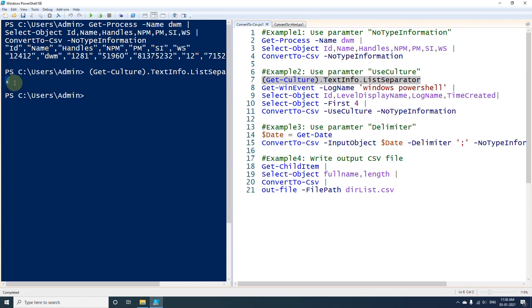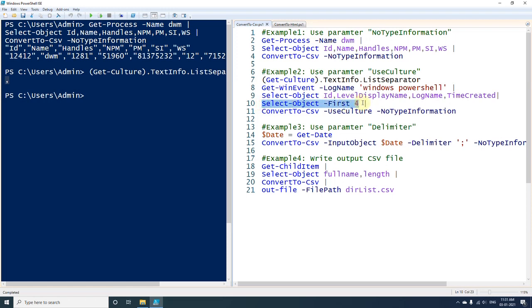So if I execute this line, we will see that by default comma has been set as the list separator in the culture. Moving further, I am getting the event log, which is Windows PowerShell, and from that output I am selecting a few properties called ID, LevelDisplayName, LogName, and TimeCreated. And out of the entire output I am just selecting only 4 rows.